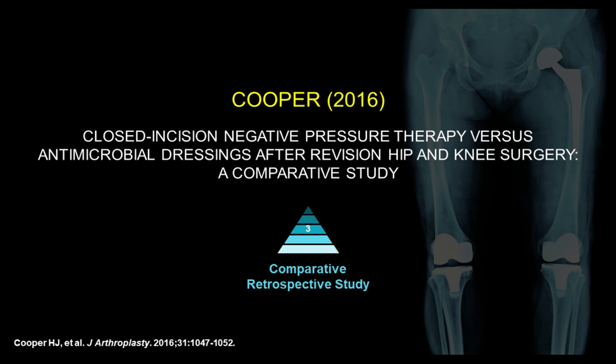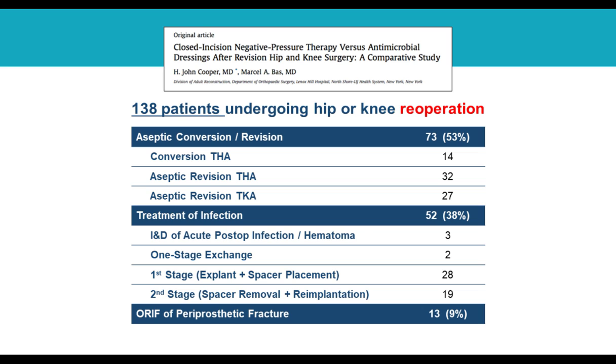And it wasn't until 2016 that we published our first experience with this, which was really the first arthroplasty data to provide a clinical utility of these dressings. So in this study, which we published in Journal of Arthroplasty, we looked back at 140 of my own patients who underwent reoperation for their hip or knee replacement. About half of these were aseptic cases, about 40% were treatment of an infection, and about 10% were trauma cases